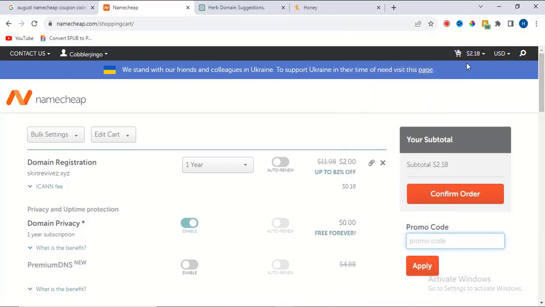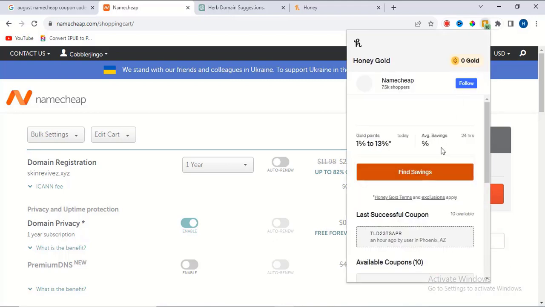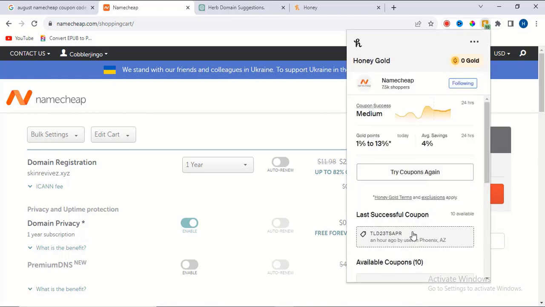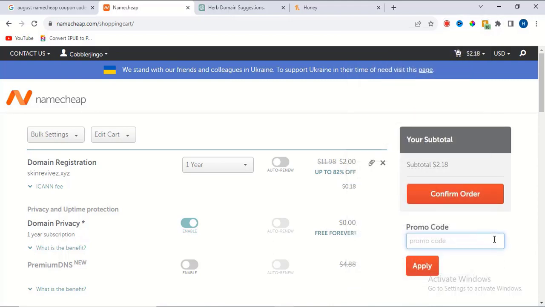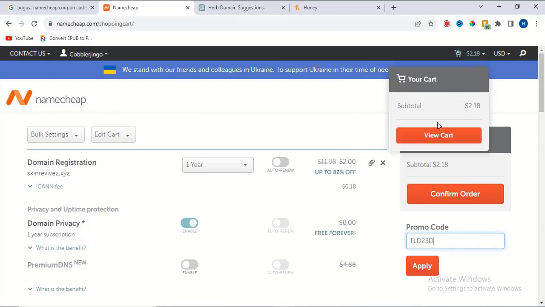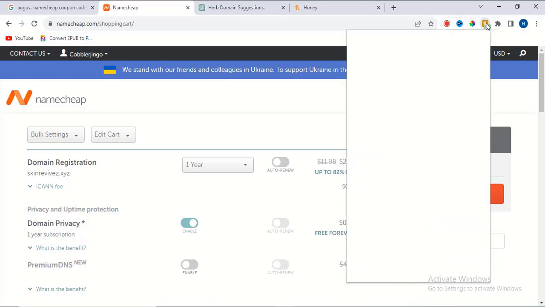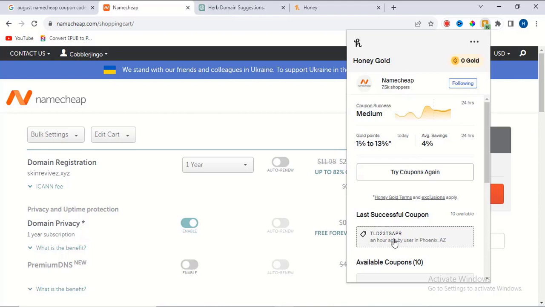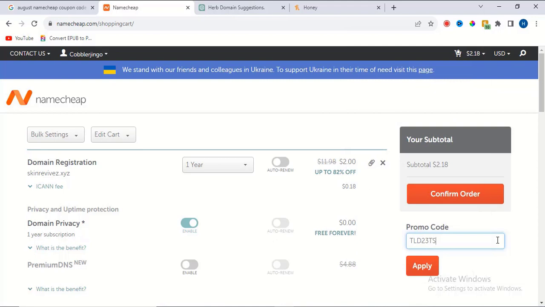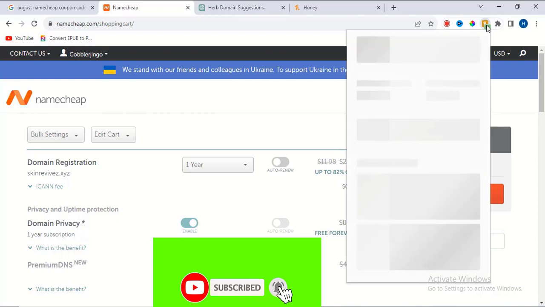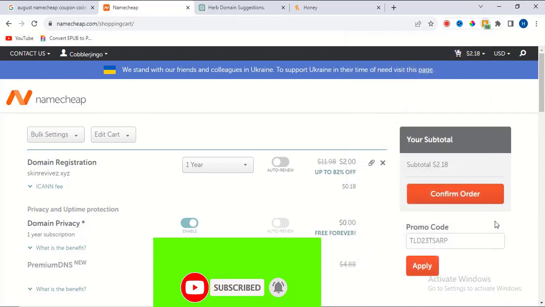I don't know what's happening to my listing. TLD 2080 TLD 23D 23T sorry T SAP. SAP. Click before